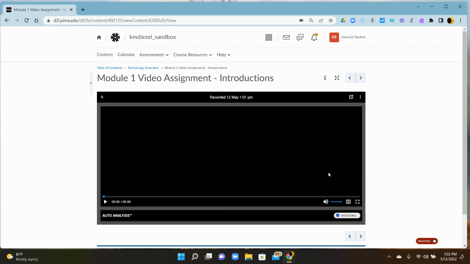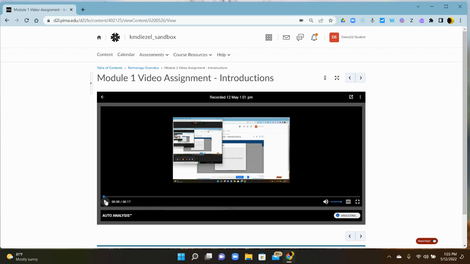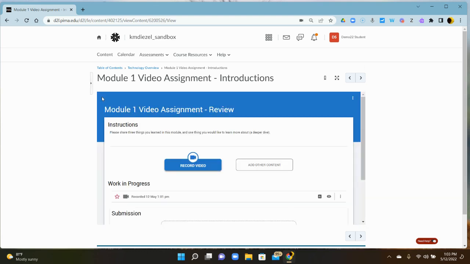This will allow us to check out the video, make sure it is the right video, because sometimes we have more than one in the submissions area. Other things that you can do would be to add to submissions from here. You could add captions to the video if you wish to. Download it, you can edit it, and you can delete it. So in this case, what we're going to do is just go ahead and click it here to add it